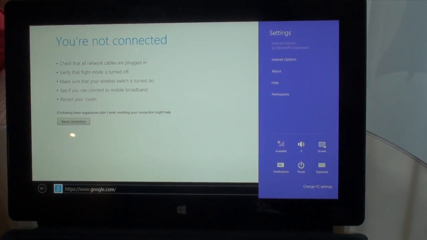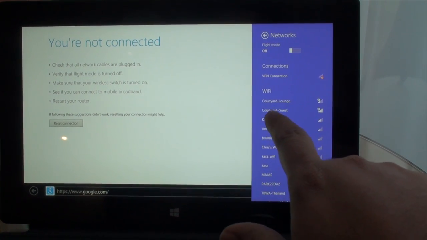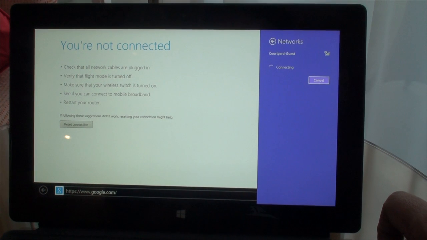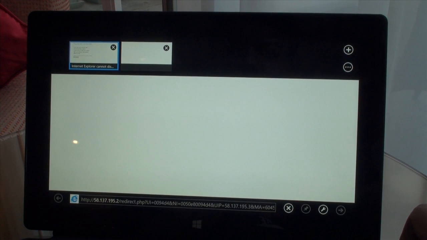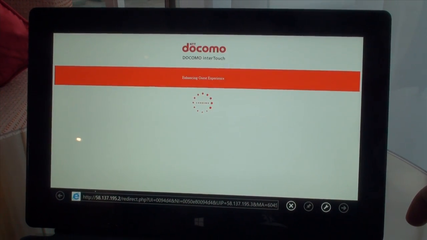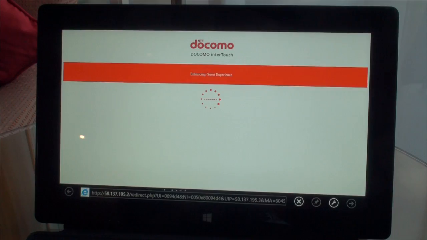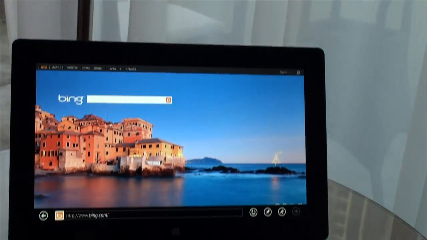You just swipe from the right, and then you click on settings, and then you click on the Wi-Fi logo, and there you go. You see a list of available networks. You then select the available network, click connect, and that's it. Basically once it authenticates, you should be able to go through. You see this screen because I'm actually in a hotel room at the moment, so it's just validating against the hotel's network. But boom, once that validation is done, you're into your